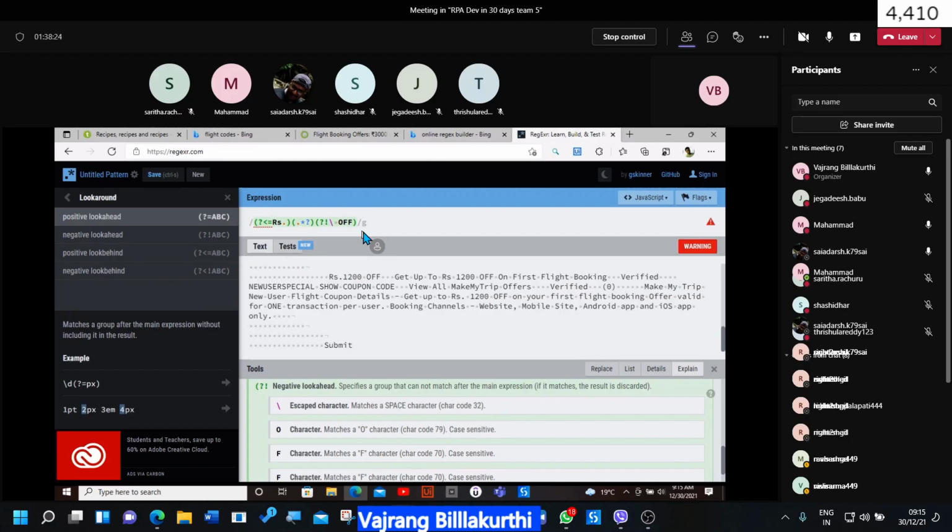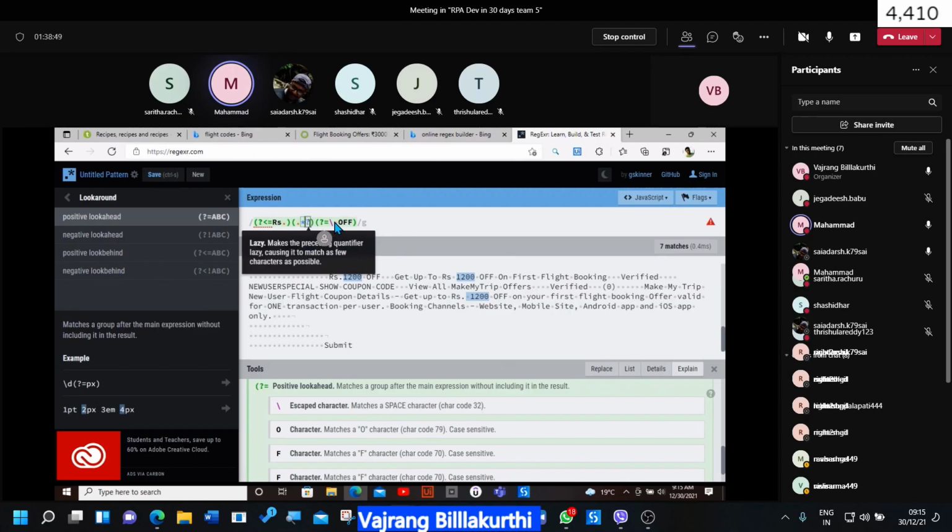Negative look behind specifies a group that cannot match after the main expression. So it's checking the expression that cannot match after this. So we need to have this one for sure. Yep. Let's give it a try and see. Okay. Yes, Vajra.